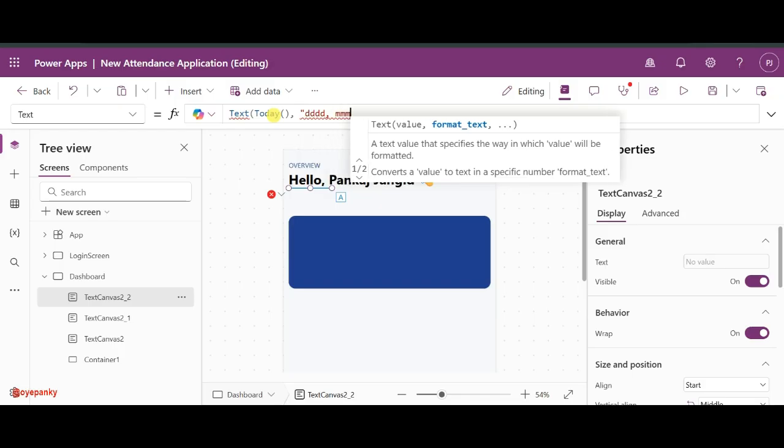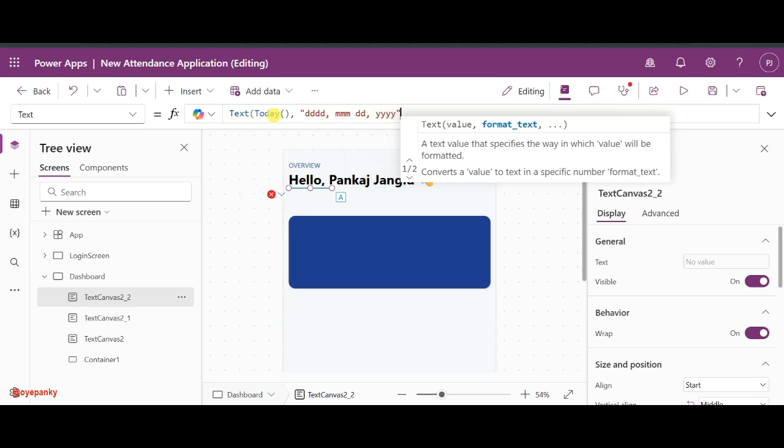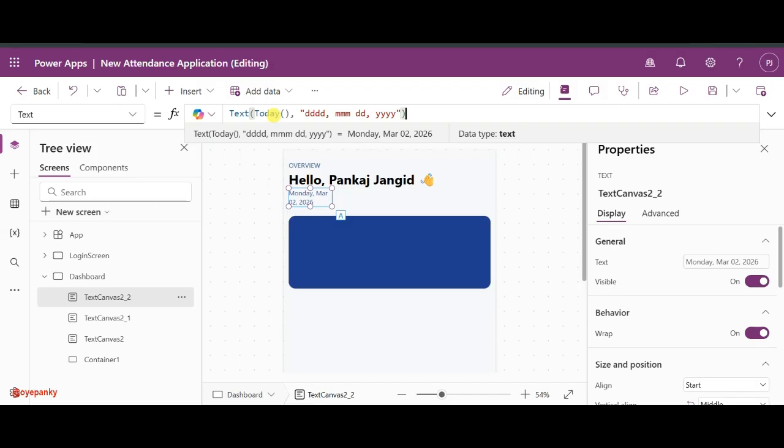3, so this one, and date, and the year I want the full, and then bracket close. Okay,